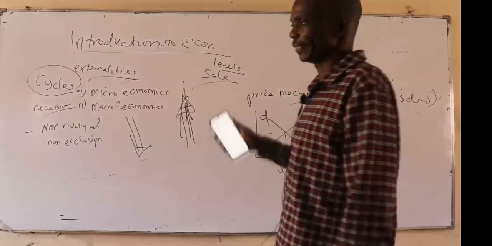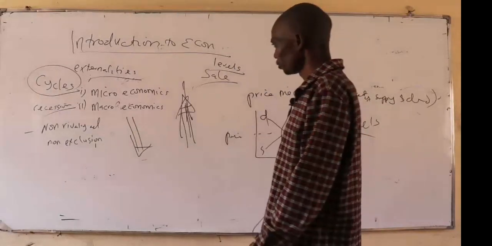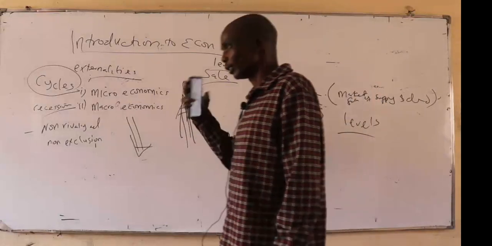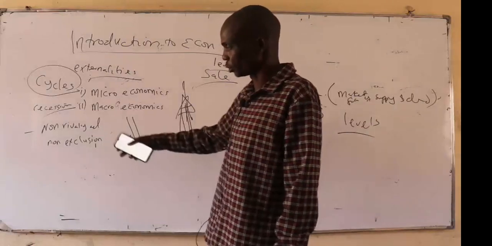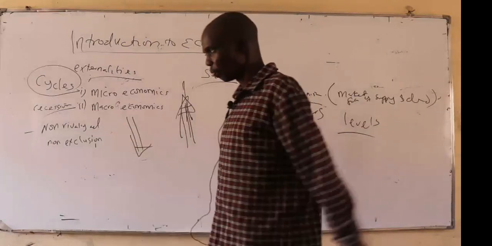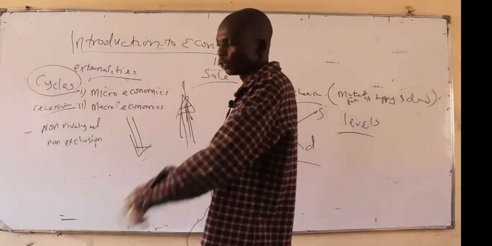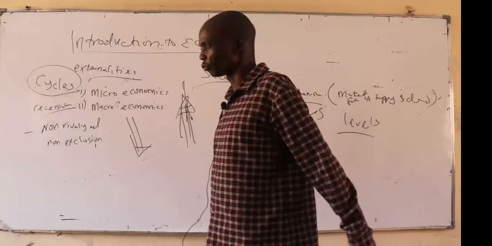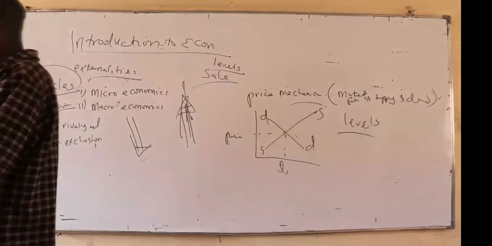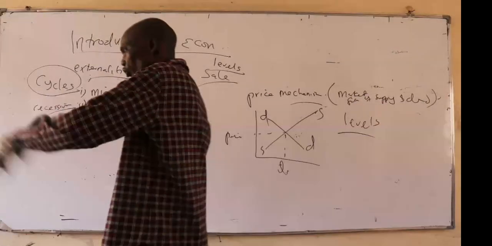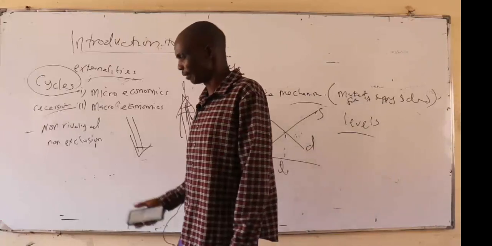So the price mechanism, the private sector alone, cannot allocate enough resources to the production of those goods, even though they are very important. Roads are public goods, street lights are public goods, even the fences are public goods. So when you are told to define a public good, these are goods which are characterized by non-rivalry and non-exclusion, e.g. roads and street lights.